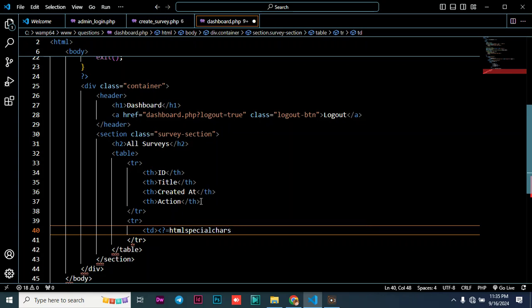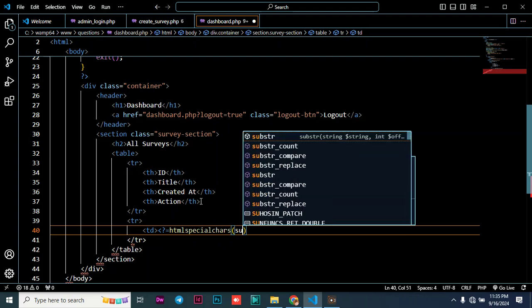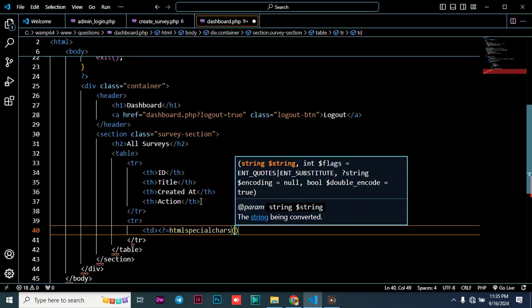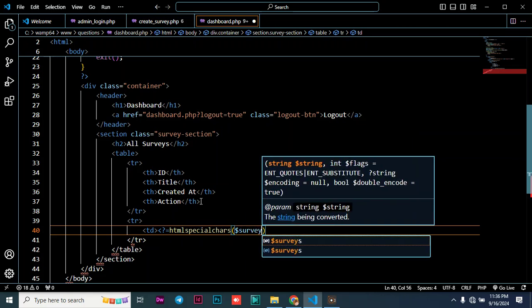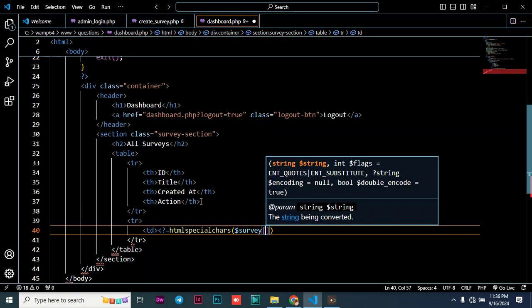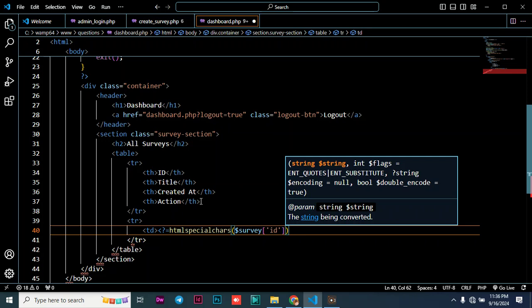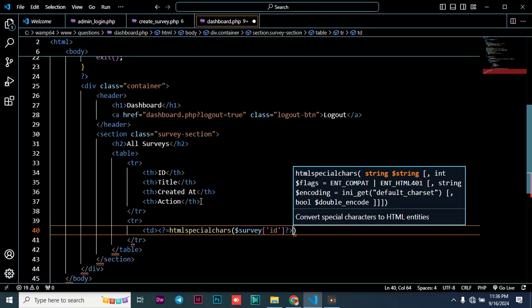And then what you are going to get in this case is the survey id. Start first with the $, say $survey id, like that. Then make sure that you have the closing question mark and then the angle bracket,